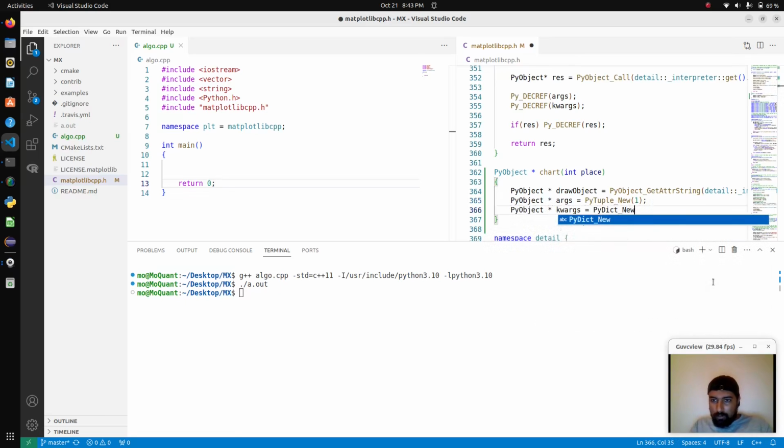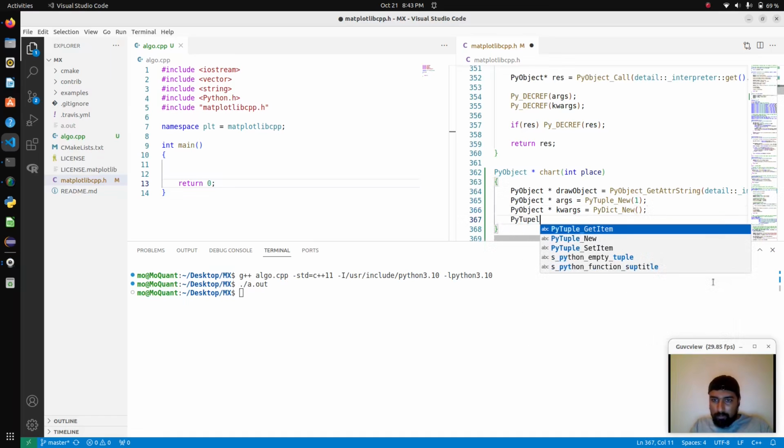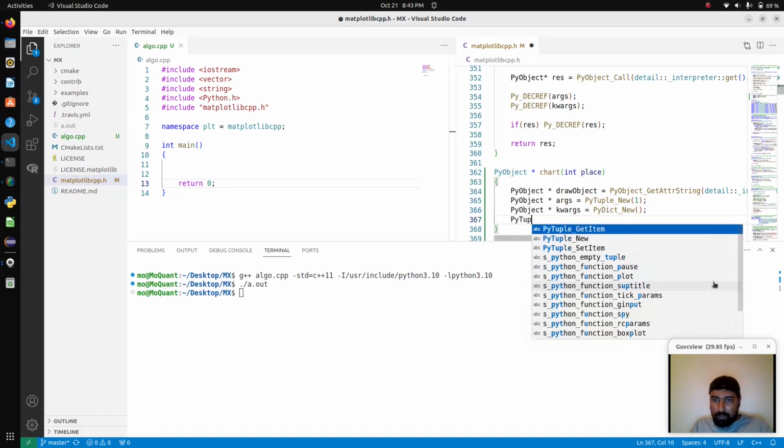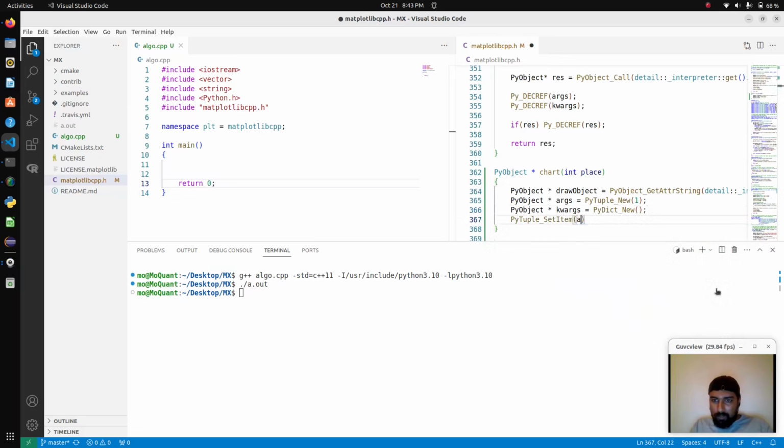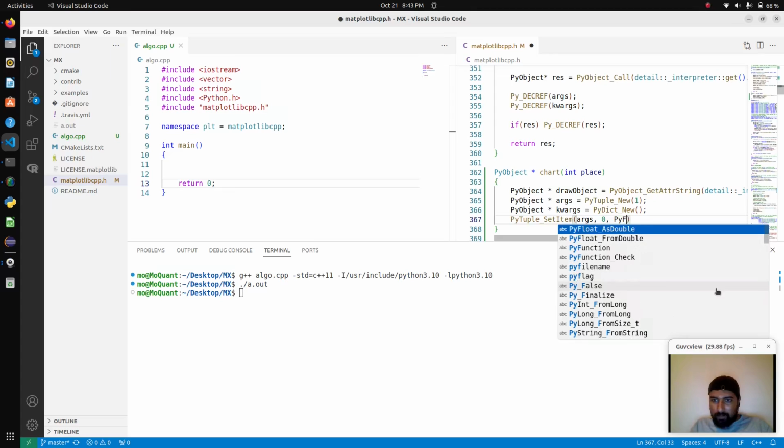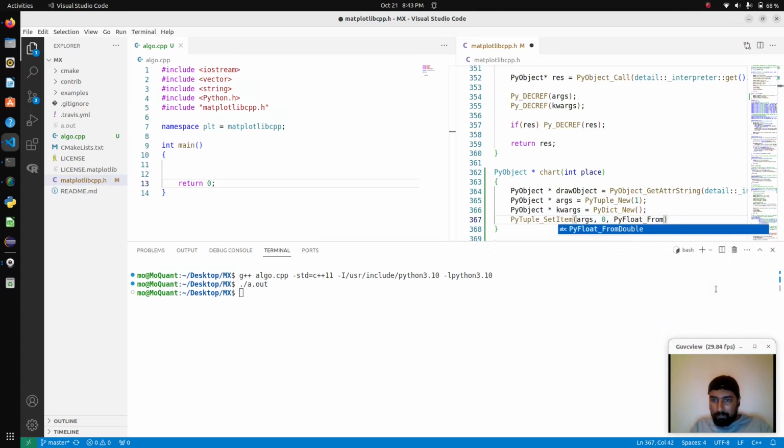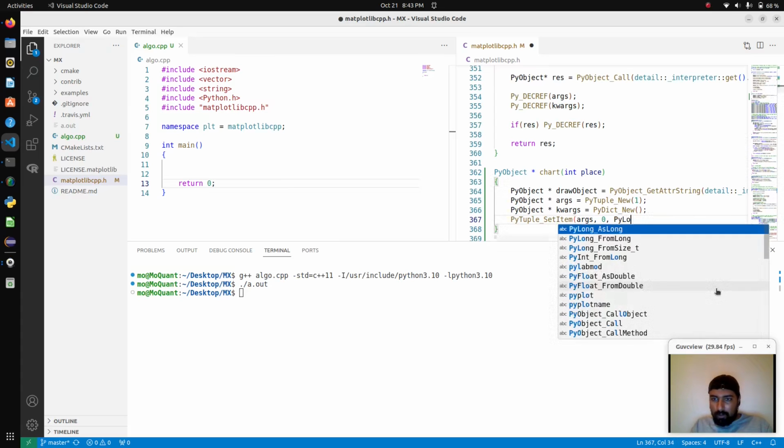Pydict new. So now pytuple, I'm going to add items to this. Set item args 0 pyfloat from double place. Oh no, it's going to be pylong from long place,